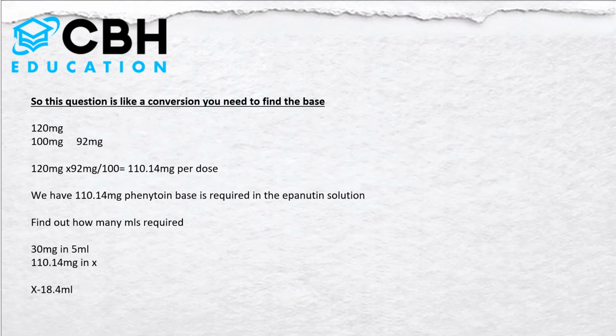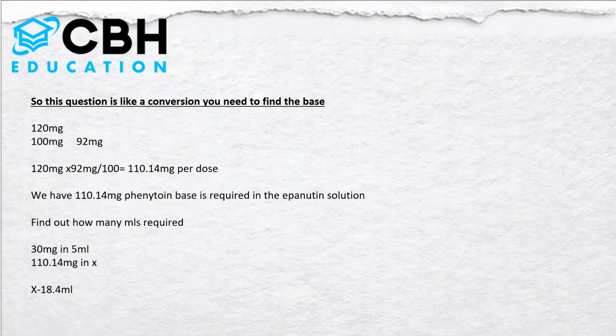So you've got your 120 milligrams of IV drug, 100 milligrams of the phenytoin, and then 92 milligrams in a phenytoin base form. So what you need to do here, you would do 120 times 92 divided by 100, which gives you 110.14 milligram per dose. Now they want the answer in milliliters, so what we then do here is we say